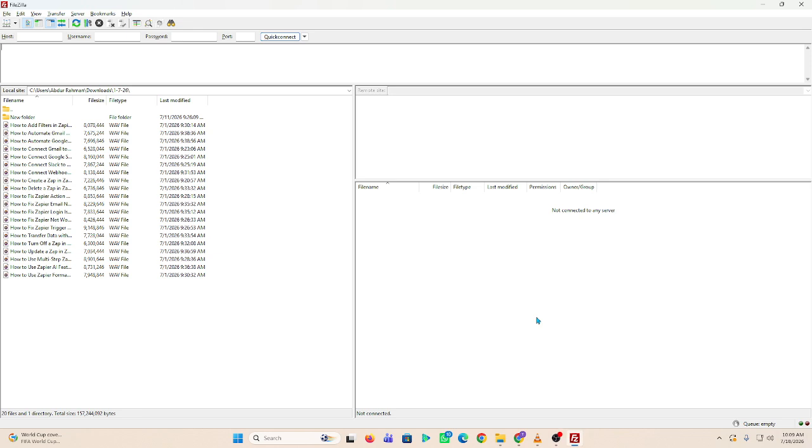Hey everyone, want to transfer website files using FileZilla? In this video, I'll show you how to move website files between your computer and your server step by step. Whether you're uploading a new website, updating existing files, or creating a backup, this guide will help you manage